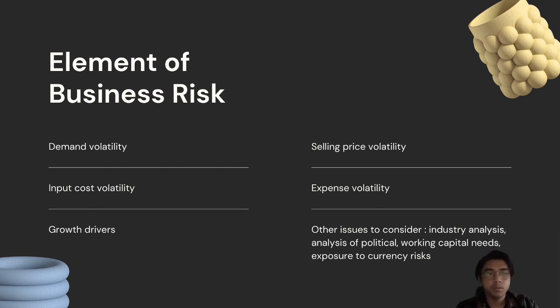Second, input cost volatility, which can be influenced by the number and strength of suppliers, the efficiency of production, the relative level of fixed costs, reliance on commodity markets, and the level of commodity costs in terms of volume and price. Third, growth drivers such as the ability to develop new products, the ability to expand to new locations, and the ability of the current management team to take the company to the next level of growth.